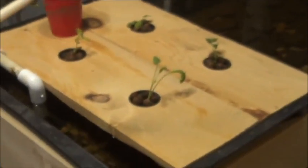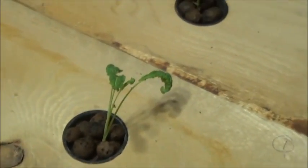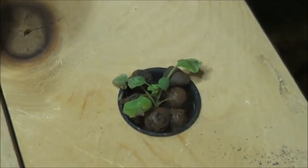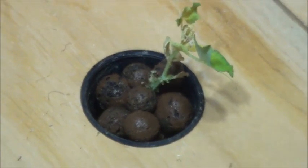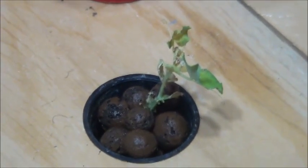Which brings us to the aquaponics. Now, those of you who saw yesterday's video won't be as surprised by the changes that you see here now. Let's see how these kale are doing. Looking pretty good. It's only day 2, but looking pretty good all the same. This is a Brussels sprout back here, not looking great. And this pea was already pretty trashed when I put it in here, so I won't be surprised if it